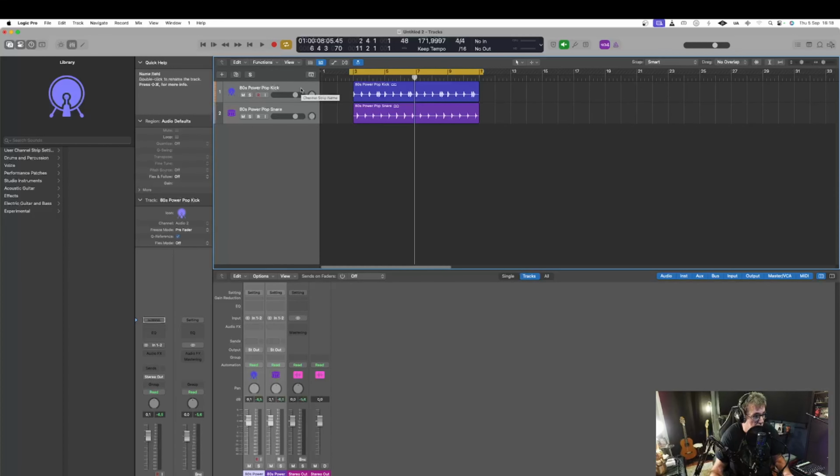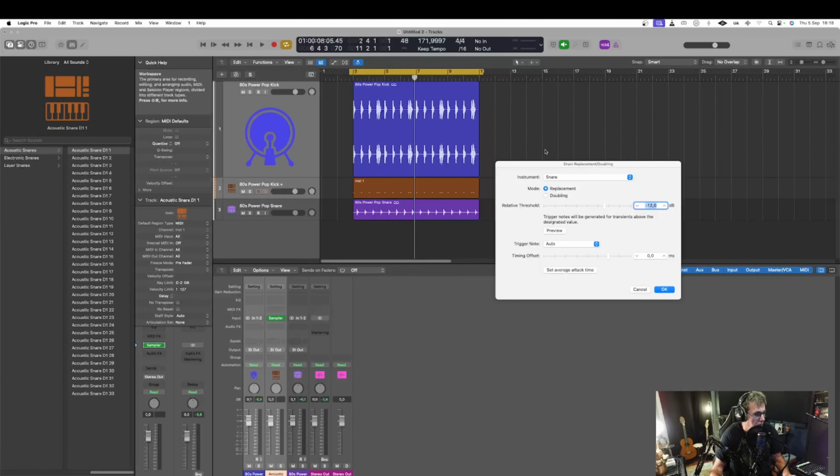First, you have to select the track you want to change. So in my case, it's gonna be the kick. So I select the kick, and I'm going to use the shortcut Ctrl D. So here, as you can see, I have this pop-up window, which is now opened. And here I can choose the instrument, so in my case, the part of my drum that I want to change. So here I'm gonna select kick,